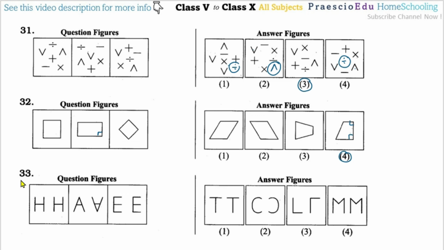So if you observe question number 33, this figure and this figure are the water reflection of the A. This one is the water reflection, so this is shown at the adjacent here. So for this same, option number 3 is a water reflection. This is a mirror image, and this is also a mirror image. So these are not water images. So water reflection is only in option number 3. So for question number 33, option number 3 is the correct one.